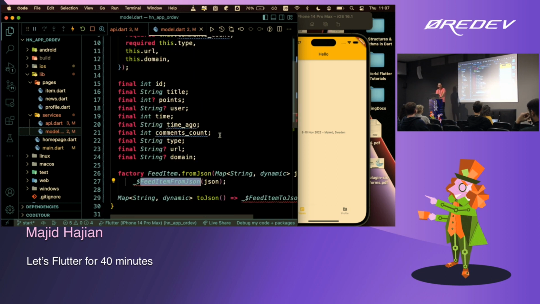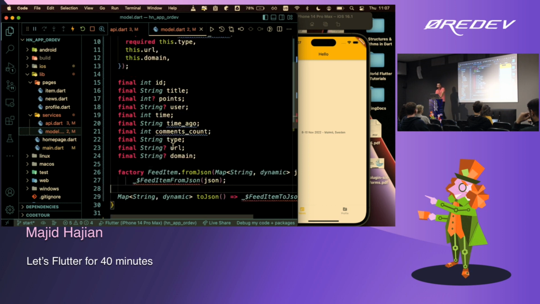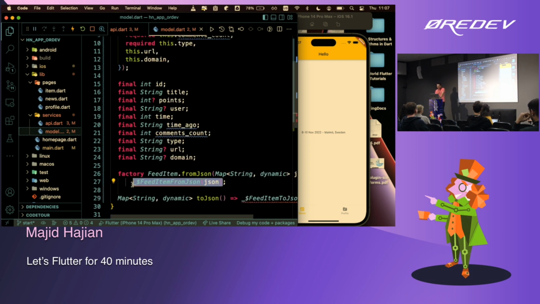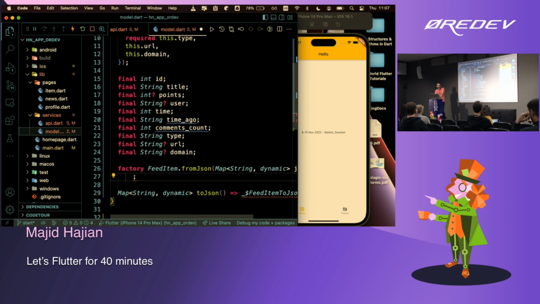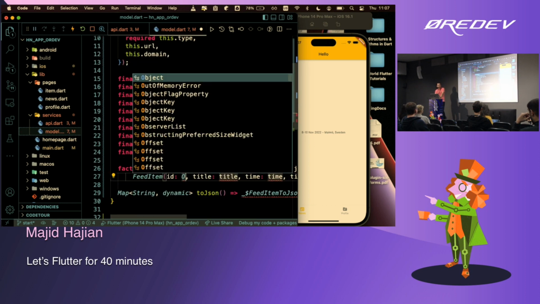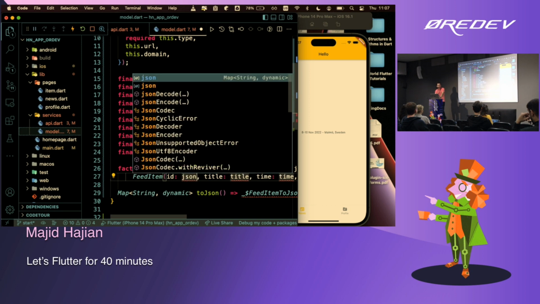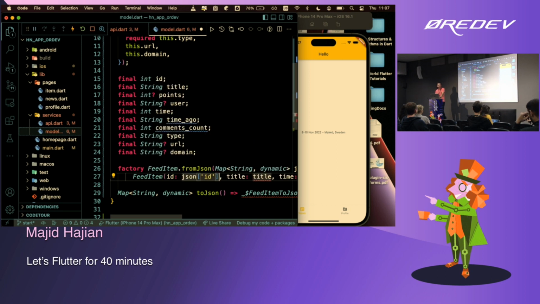All right? But take a look at that. What I can do here, I can actually return exactly this class, feed item, and because I have the JSON and I know ID is going to be there, I pass it like that. So now that ID from the map will be assigned to an ID as a Dart object.